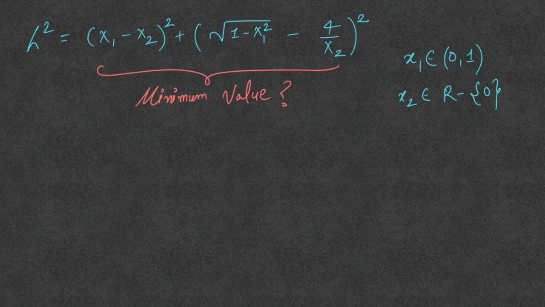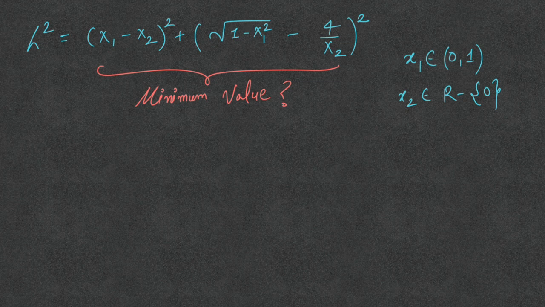L square is equal to (x1 minus x2) whole square plus (under root of 1 minus x1 square minus 4 upon x2) whole square, where x1 belongs to 0 to 1 and x2 belongs to all real except 0. We want to evaluate the minimum value of this L square. First of all, I would like to